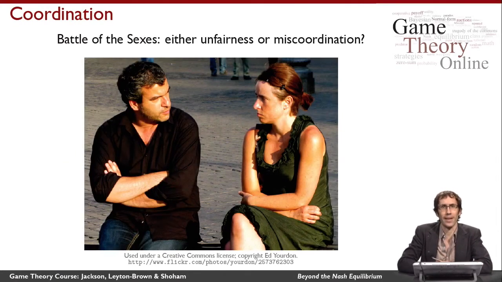Finally, I want to revisit the battle of the sexes and ask, is it really the case that, as we saw before with the Nash equilibria of this game, we're doomed either to an unfair outcome, where one member of the couple always gets their preferred activity, or a miscoordination, where sometimes the two members of the couple end up doing different activities? It doesn't seem like this is a good model of how people really do solve disputes like this between themselves. So I want to think about a new solution concept called correlated equilibrium, in which we don't have this problem and we're able to achieve fairness without miscoordination.